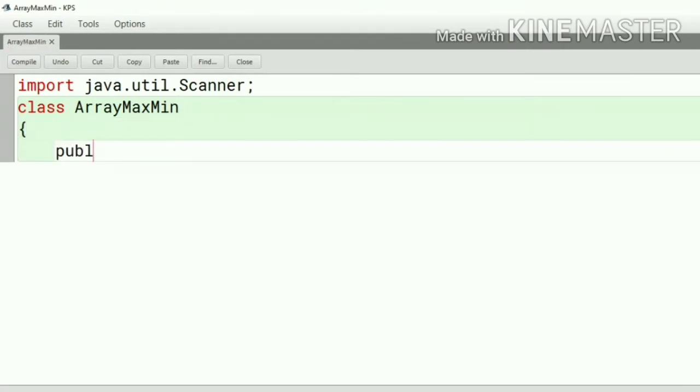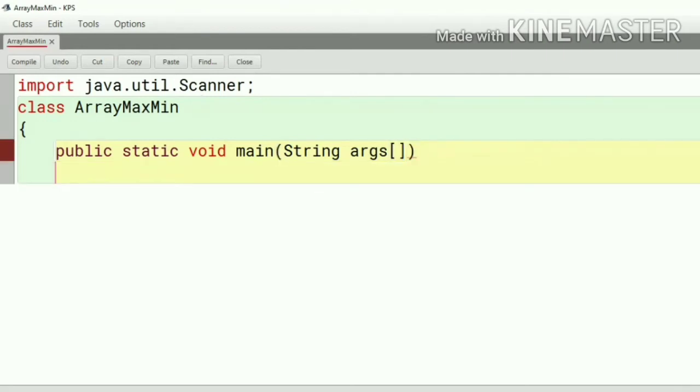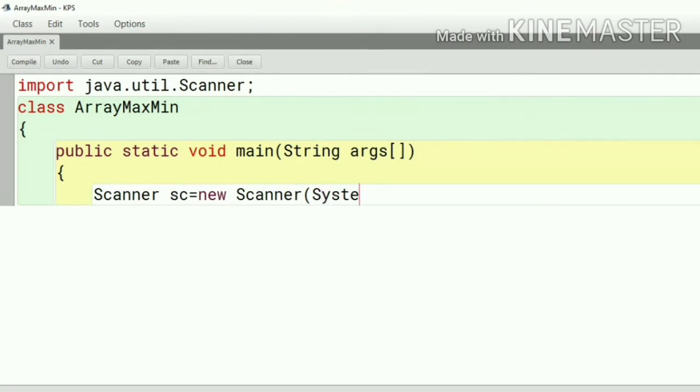Main method: public static void main, String arguments, square bracket open close. Here the Scanner class, Scanner object sc = new Scanner, input from the keyboard, System.in.